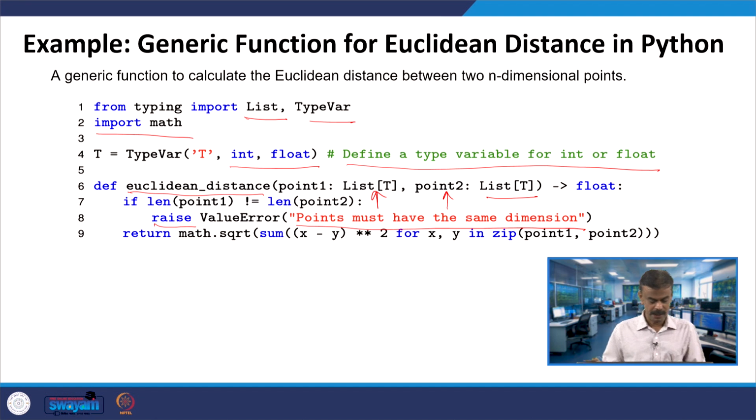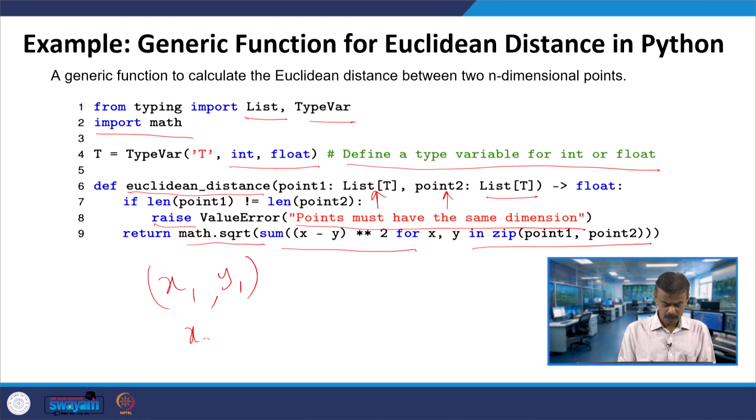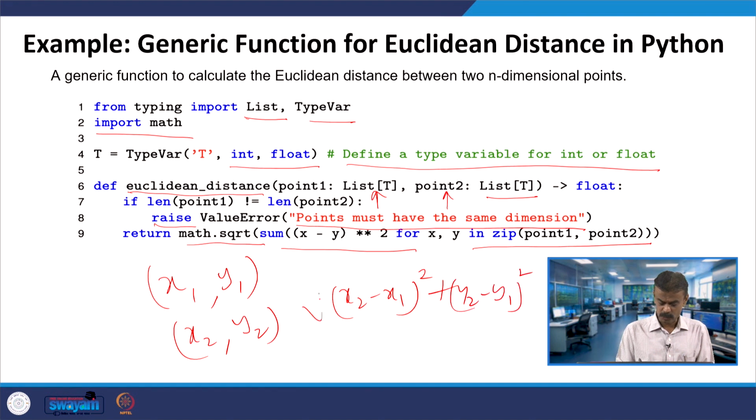If the length of point 1 equals the length of point 2, then return the square root of this. As I said, x2 minus x1 the whole square plus y2 minus y1 the whole square. So if both the dimensions are equal, suppose I take only 2 dimensions, we know x2 minus x1 the whole square plus y2 minus y1 the whole square and then the square root.